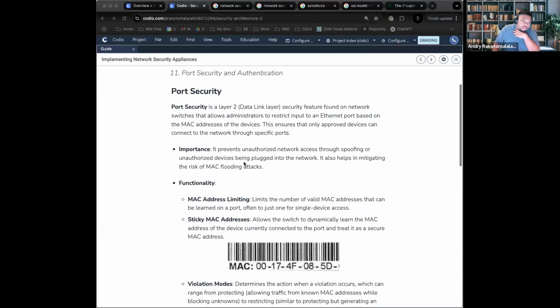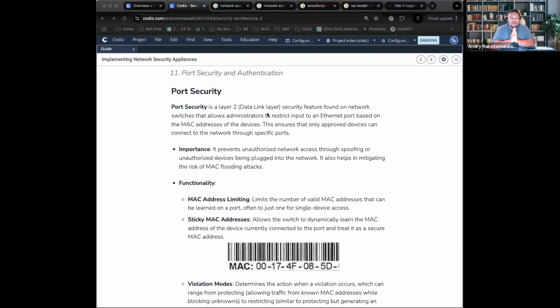Now keep in mind, we're talking about switches here, right? Because we're talking about the data link layer, layer 2. Each switch has specific ports that allow a specific service. As a reminder, a port is a specific lane dedicated to a specific service. For example, email has a very specific port, and internet has a very specific port.